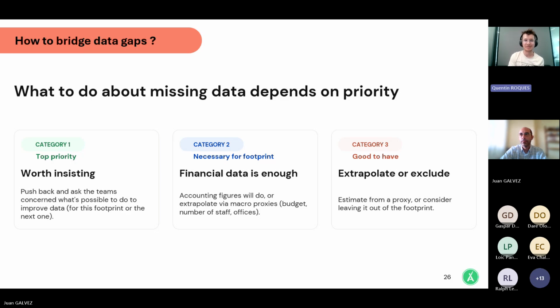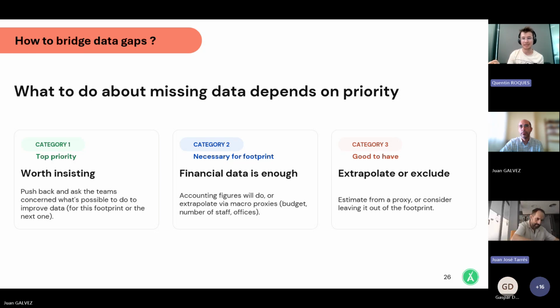So if it's a category 1, it's worth insisting, it's worth asking something back to try to improve, even if it's not for the first footprint or for this footprint, it can be for the next one. But it's really useful, especially in the implementation phase, when you try to monitor the solution that you are putting in place. It's really useful to have the best data that you can. Then in the